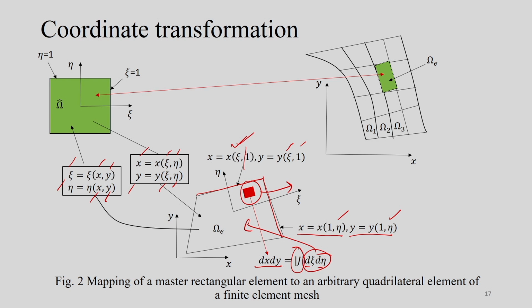Because each and every domain is represented in the local coordinate system between -1 and +1, we can put in the weightage values when we do numerical integration over the area or over the volume of a particular element. So, that is the advantage of transforming from the global to the local, or looking into one master element, converting it into the local coordinate system, and then using the same concept for all the elements. That is the purpose of the coordinate transformation, or defining one master element, in this analysis.